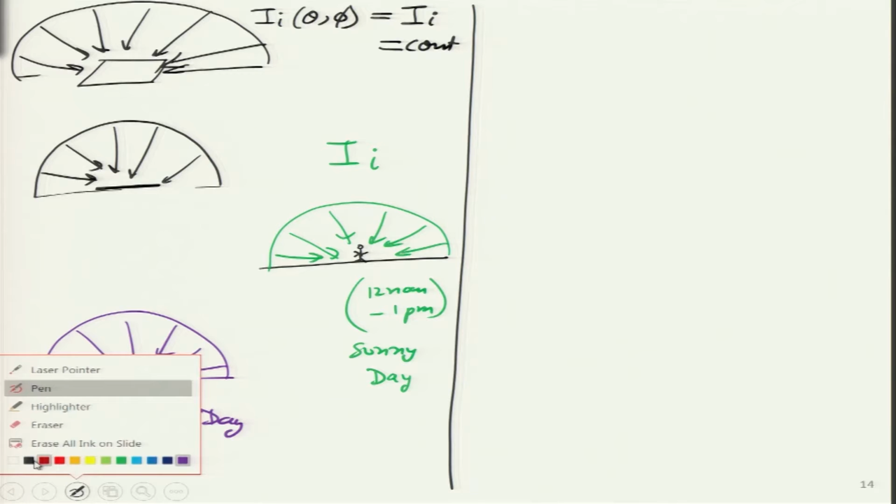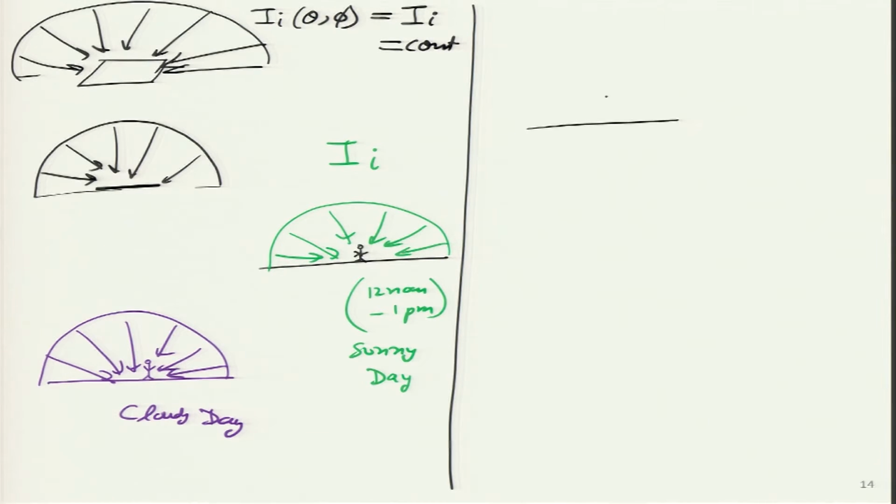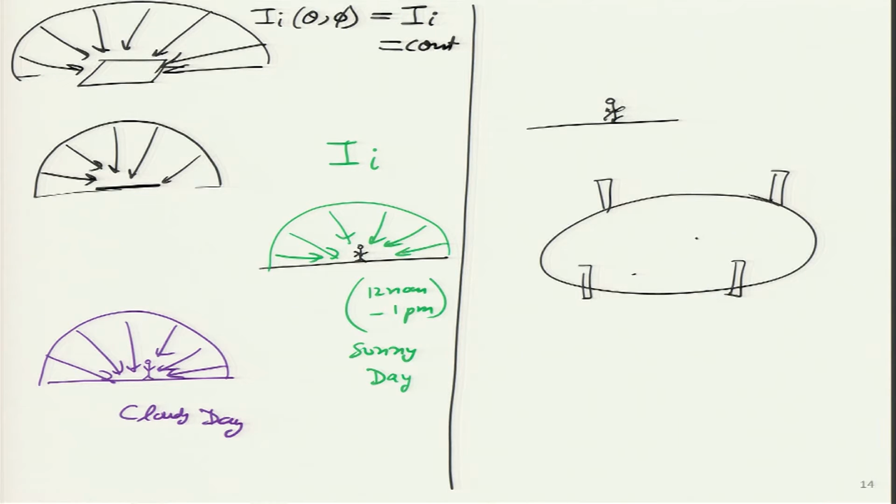Then the third thing could be during a day and night match, where a lot of floodlights are placed in the stadium. Let us say this is a big stadium, so for cricket I have to draw a big oval like this, with stadium lights on all sides. Maybe he is standing at this particular point. The answer is it will not be hemispherical in this case, because from one floodlight in this direction a huge amount of intensity is incident, and similarly from the other. From other directions maybe a little bit is coming.